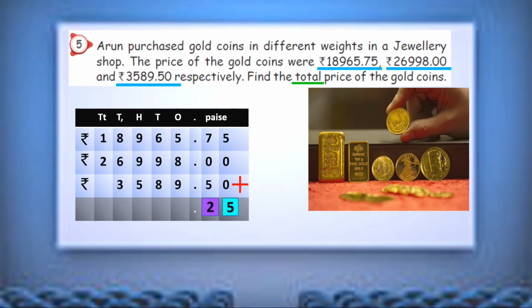So 2 here and 1 above on the tens place. Now we have 4 numbers to be added, isn't it? 1, 5, 9 and 8 and 9. So let us connect these 2 numbers to get a round number. That is 9 plus 1, 10, 10 plus 8, 18, 18 plus 5, 23. They mention the 3 here and 2 above on the hundreds place.